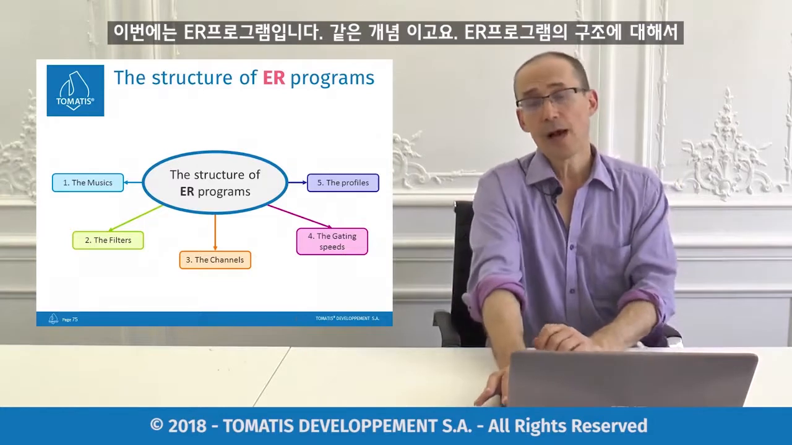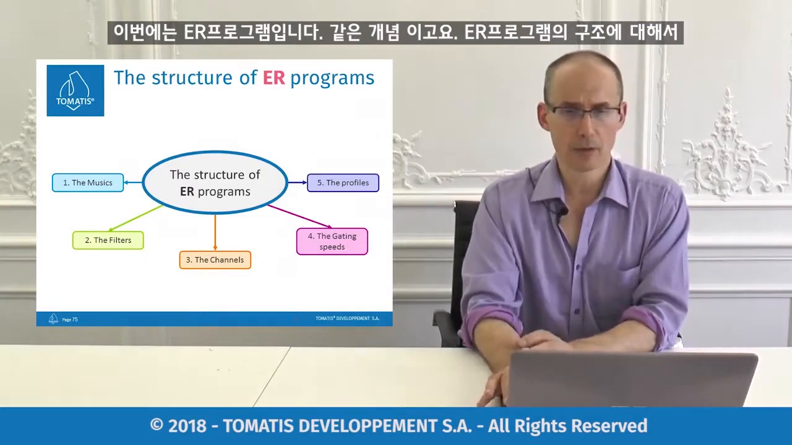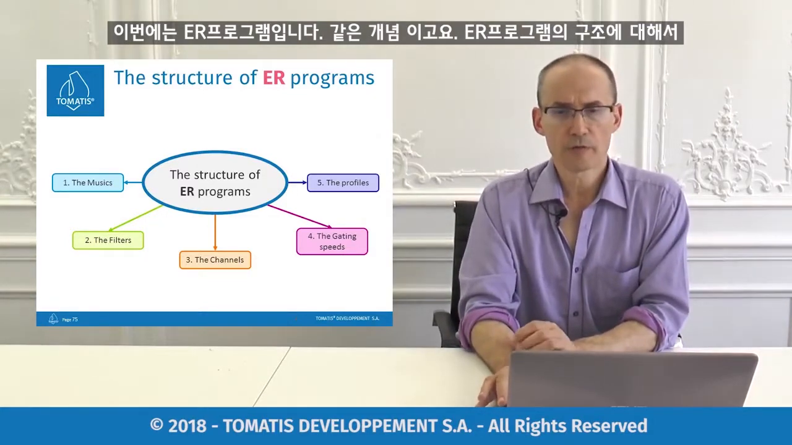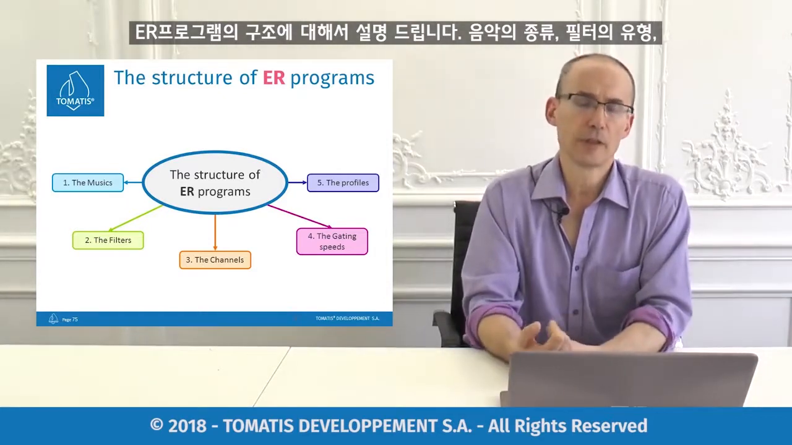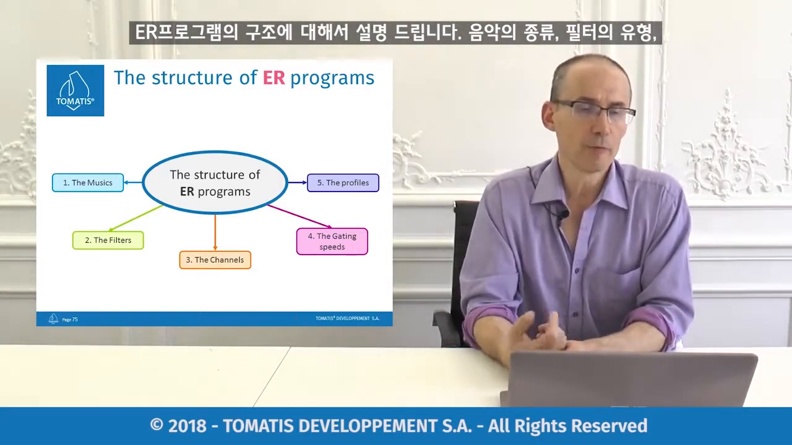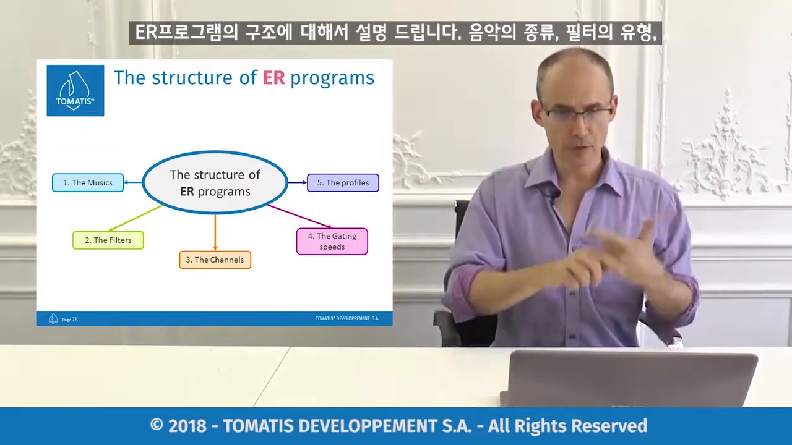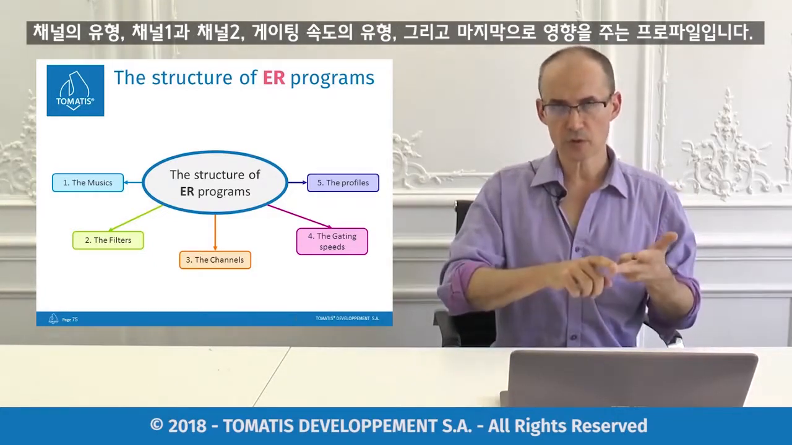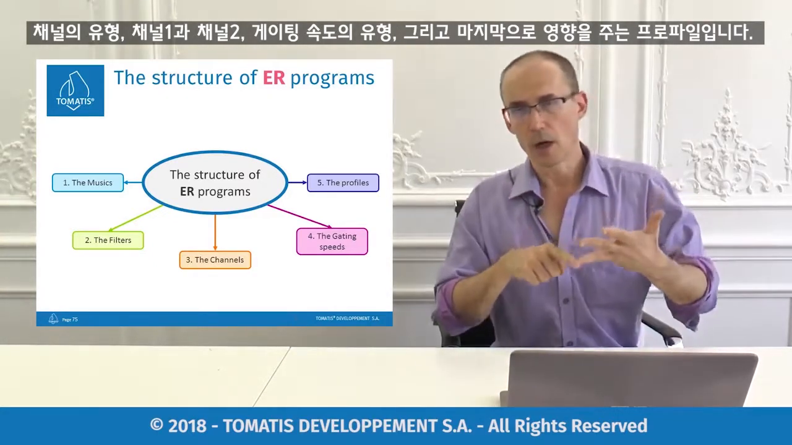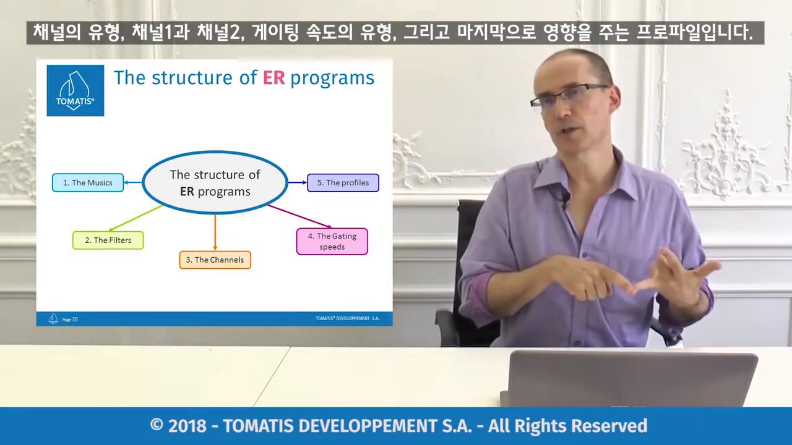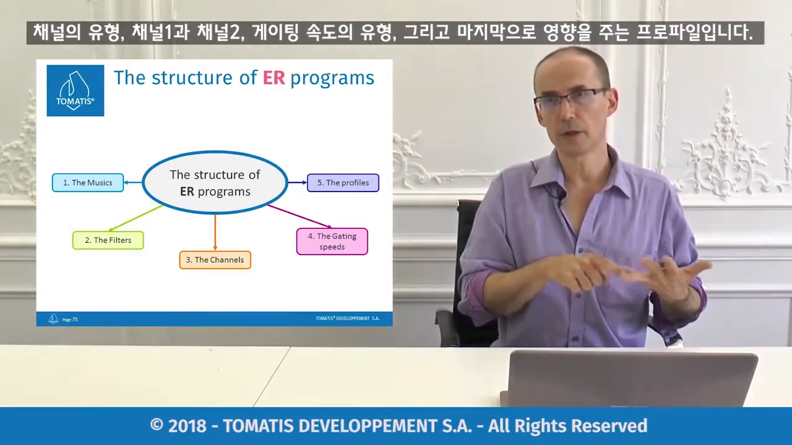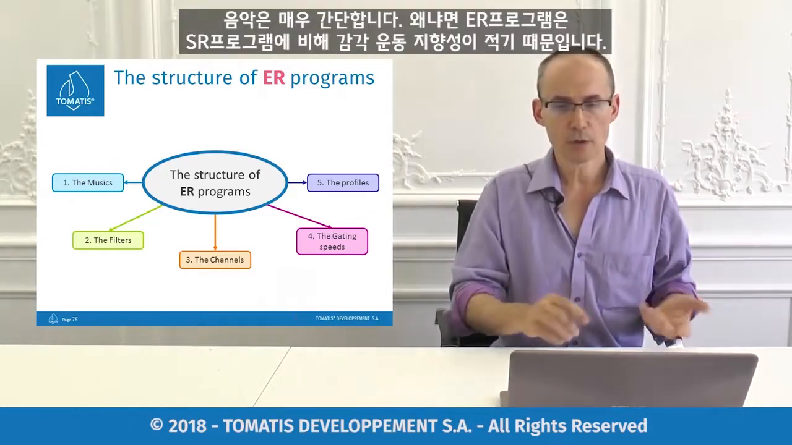Okay, now ER program, same idea. Okay, so structure of the ER program. Let's talk about the ER programs. So we have the type of music, the type of filters, the type of channels, channel 1, channel 2, the type of speed of gating, and finally the profiles of impact. So the music,